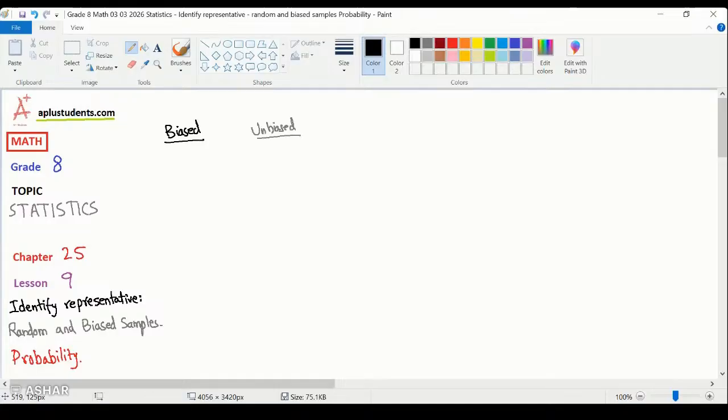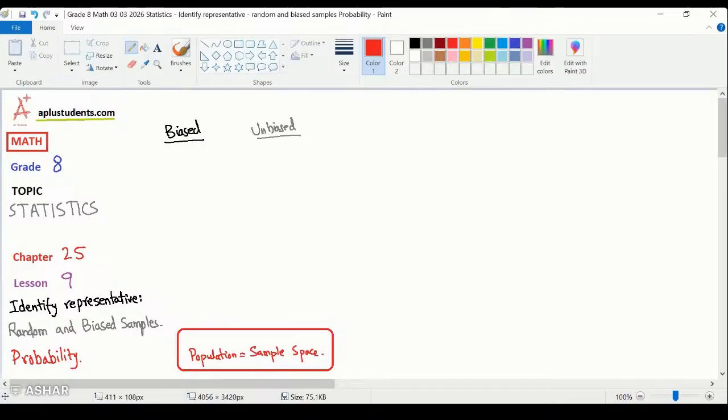Okay, a population, we say a population is our sample space. Sample space means how many people are we using, how many values are we using to take out the probability. Okay, so for the bias,